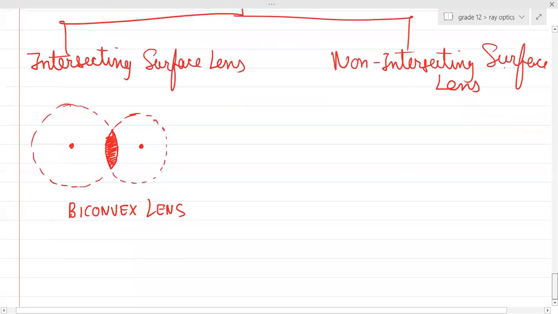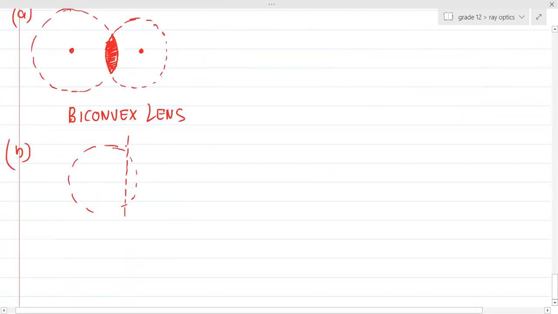The second type is basically what? Suppose one sphere is there and another surface is plane. Plane is also a spherical surface, right? What is the radius of a plane surface? Infinity. So this is basically a plano-convex lens. I'll tell you the reason why it is called convex as well. Right? Third is